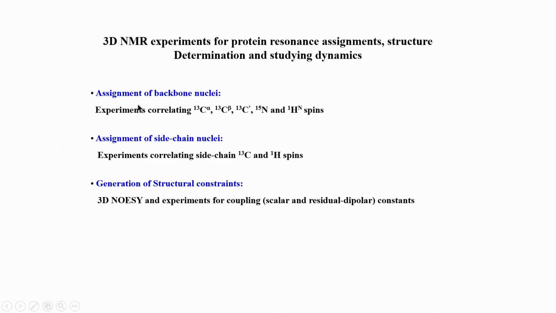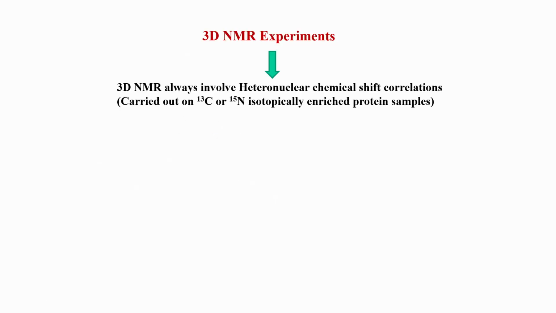Let us now first understand how we can at least do backbone assignments with 3D, but we will not look at assignment now. In the second part of the course we will look at assigning a protein with 3D NMR. In the first part, up to 3D NMR, we will only look at the different basic 3D NMR experiments that are available which can help us in assignment, although we will not see how they are used to assign.